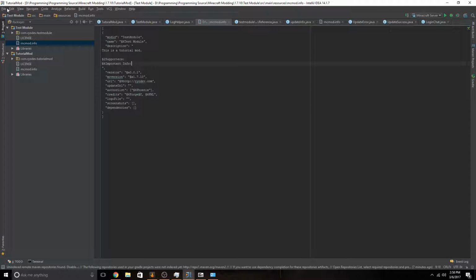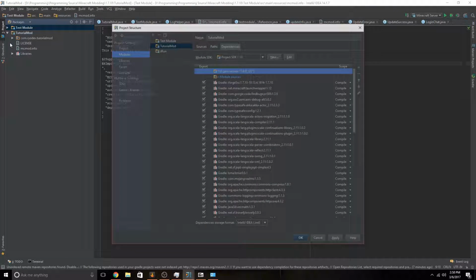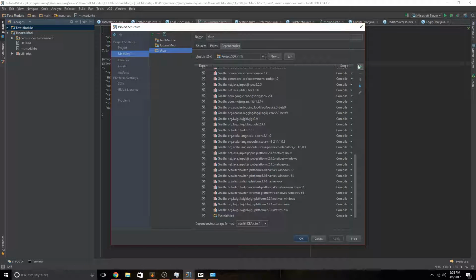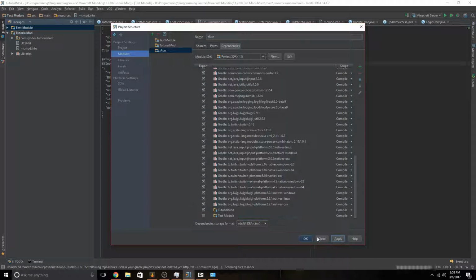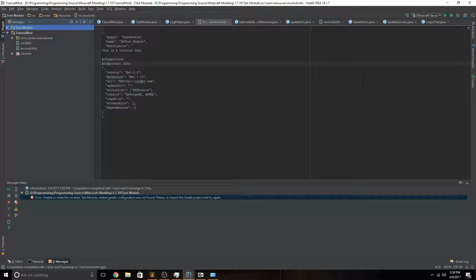And then in order to get that to launch, what we would have to do is go to File, Project Structure, Modules, under Z module, Dependencies. We would have to come down here, add a new module dependency, test module, apply that, hit OK, and then we can safely hit play, find out what errors are going. All right,